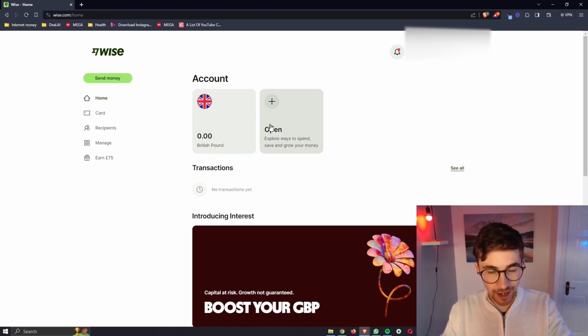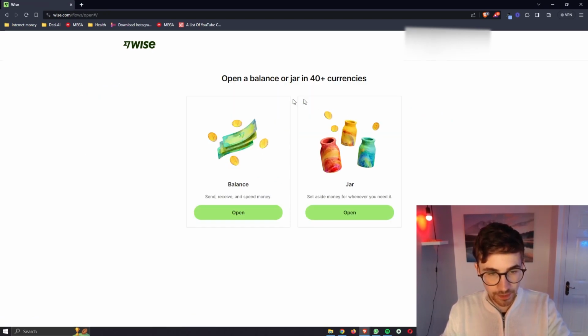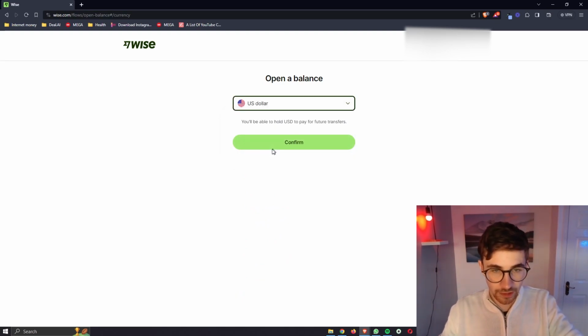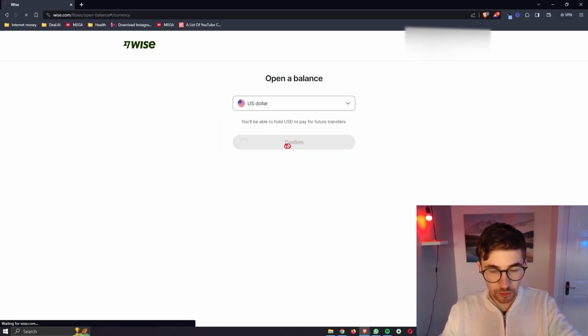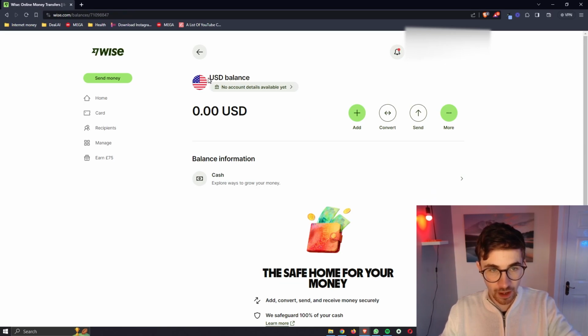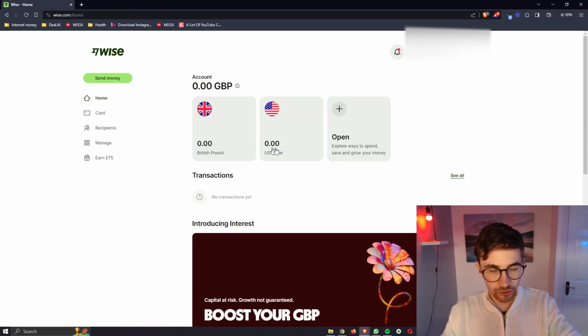I'm going to go ahead and click on open again. You can then choose between whether this is a balance that you can send, receive and spend money, a normal account, or a jar where you can go ahead and start saving. From this list, I'm then going to select the US dollar, click on confirm, and just like that, I now have a US dollar account. So you can see it is extremely easy to open different currency accounts,